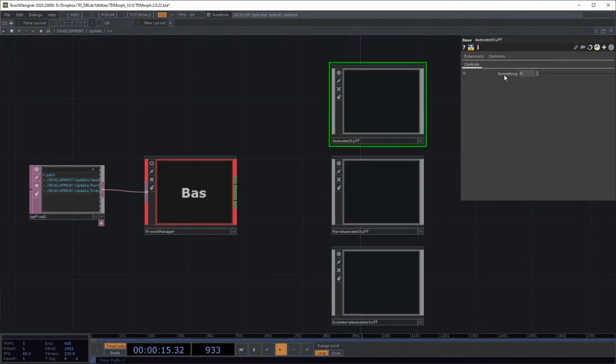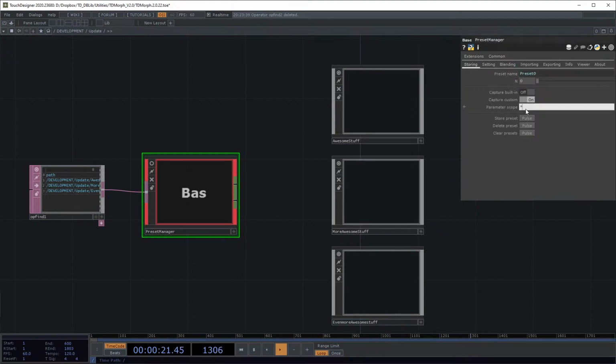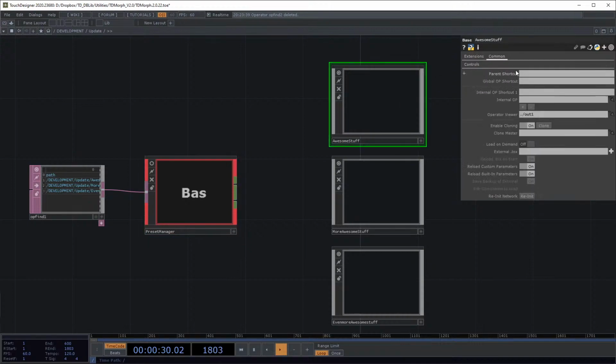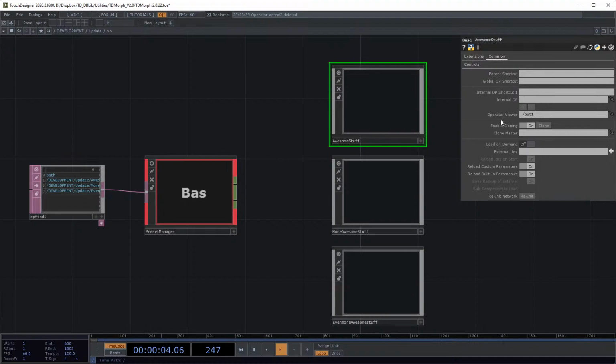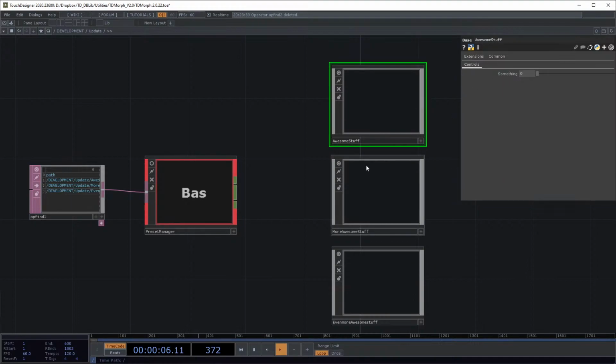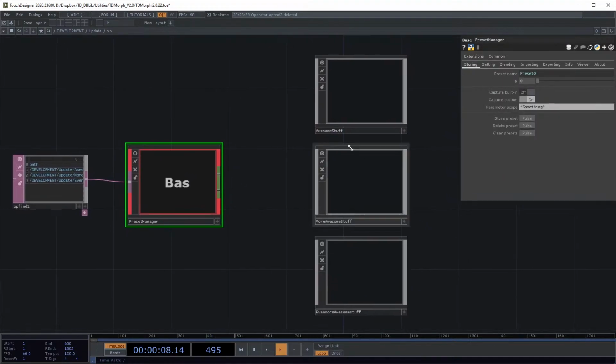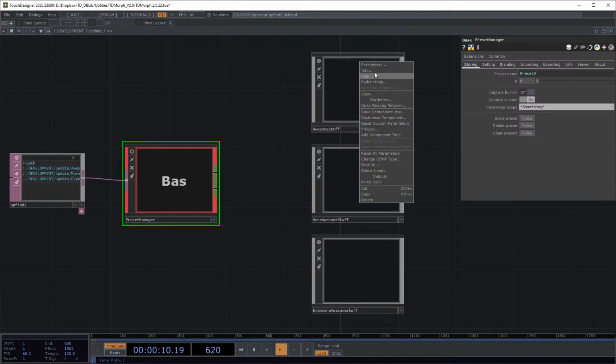So I'm going to look for anything that has something in it. So all the parameters that have something in it. I'm just going to do here something. And I have to choose now capture custom parameters. I'm not going to capture the built-in, because then I'm going to go into all this mess, and this thing is just going to try to mirror everything, but we just need this, really. Okay, so once I do that,